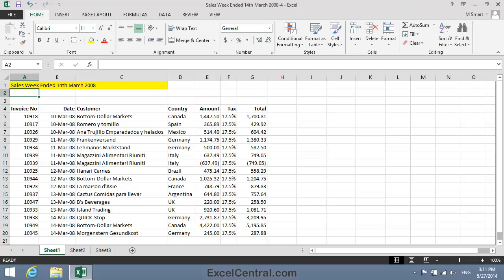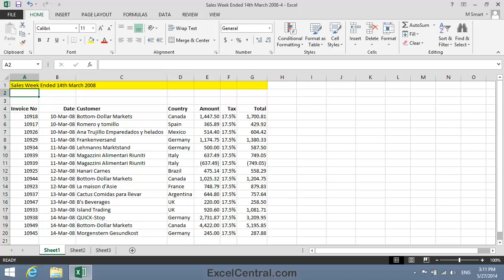You could simply copy and paste the title text into cell D1, but that wouldn't be perfectly central. The solution is to merge cells A1 to G1 so that they turn into one big cell. It will then be possible to center the text inside the merged cell.